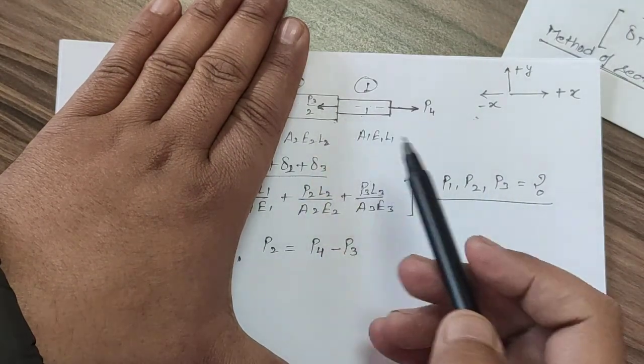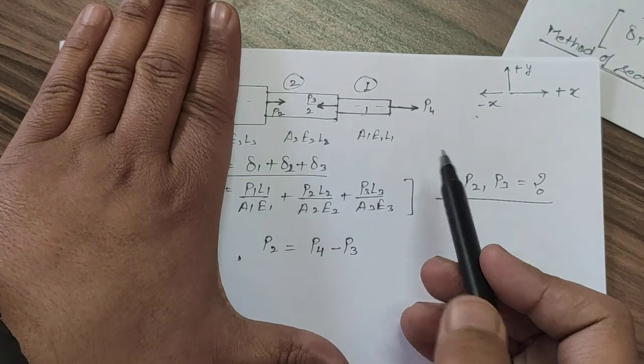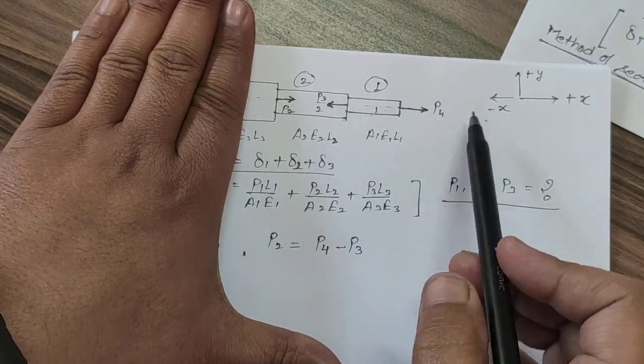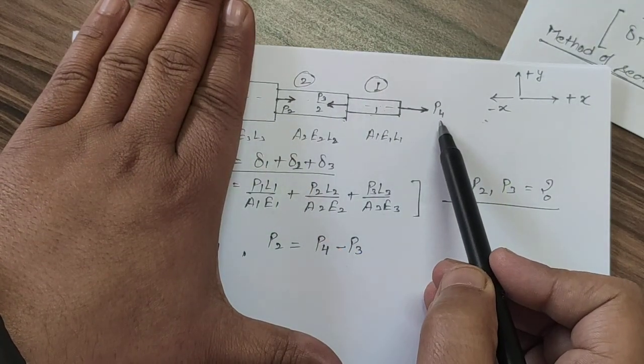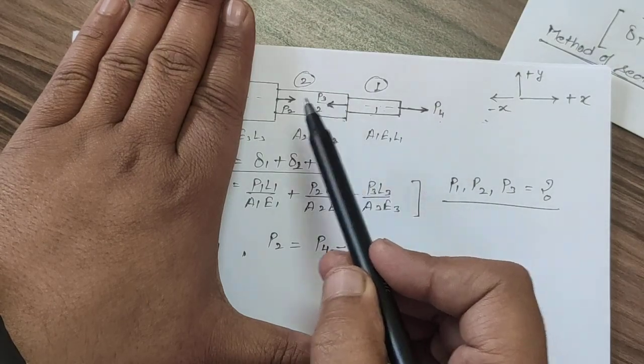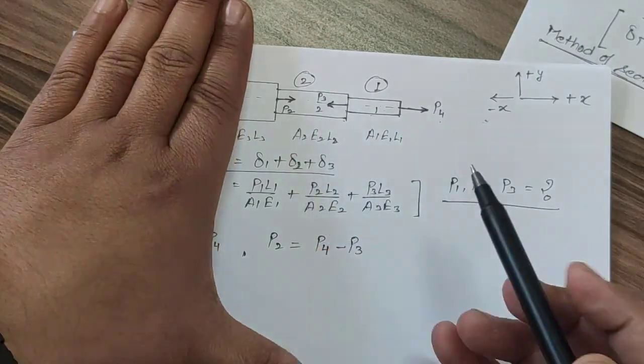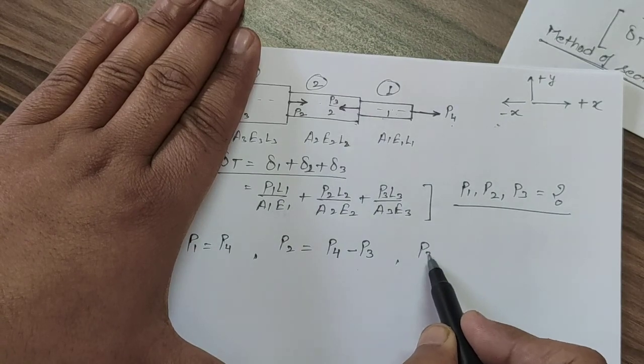Now put your hand on the third member. What we are observing: P4 positive, P3 negative and P2 again positive. So P3 will be equal to,